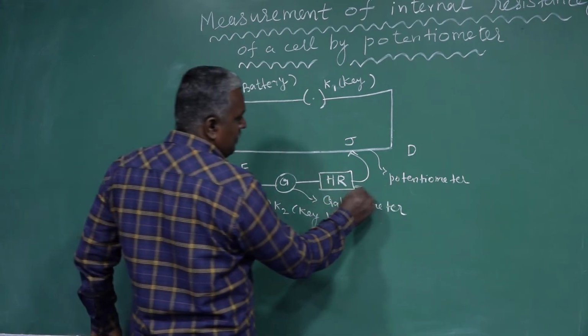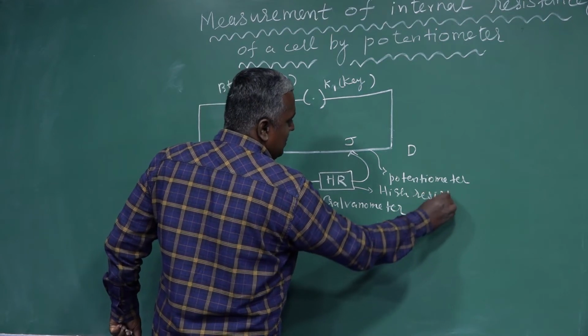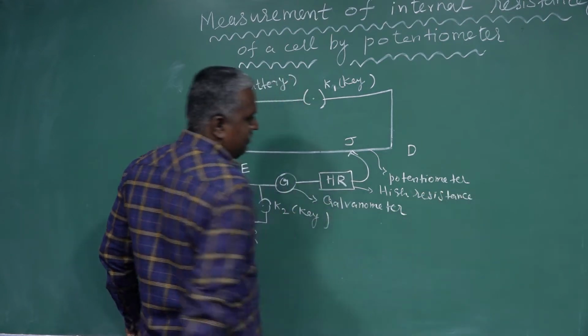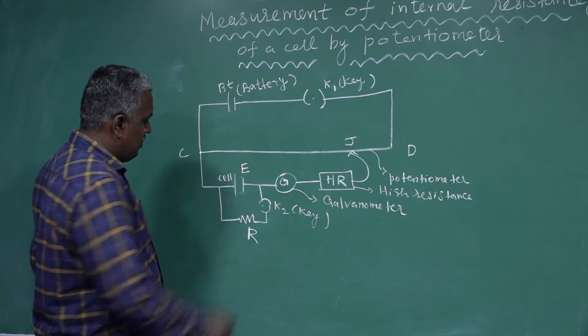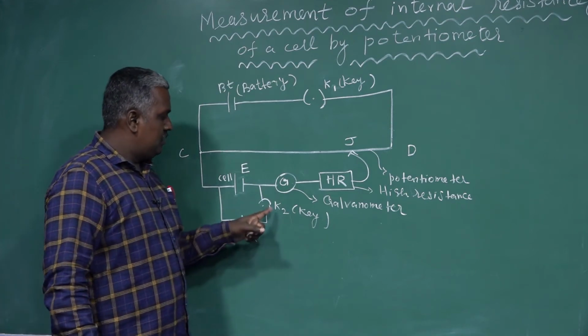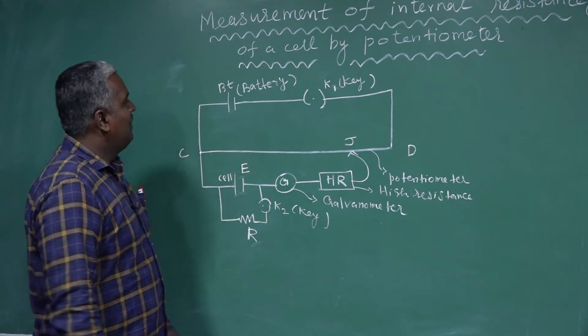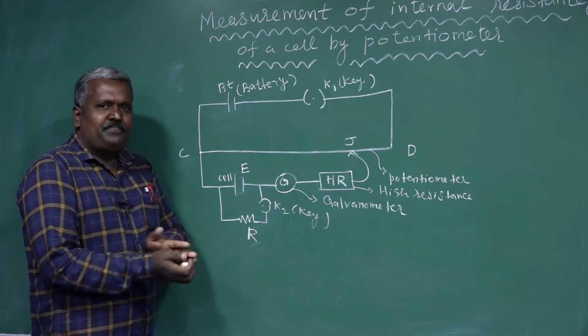This is the high resistance box. High resistance. This is the external resistance. This is key K2. Okay, right. Next. So first,